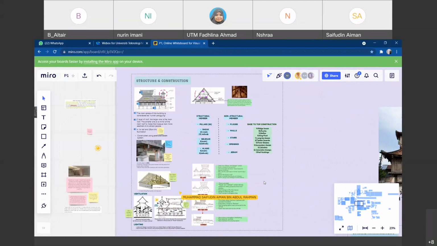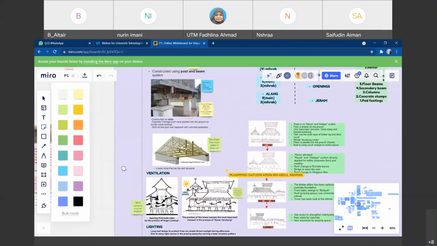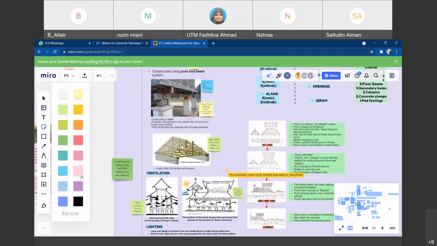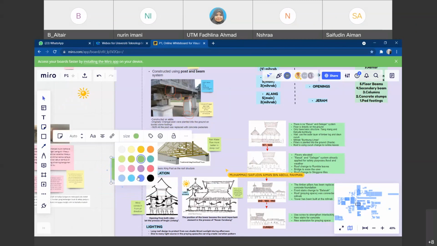For the structure and construction, perhaps Pudin, you can get it from the Kalam measured drawing. For the construction, for instance, what do they do before they construct the house? Is there any what we call the upacara? What is it in English? The ceremony. Okay, the ceremony, the way of living that affects how we do the construction. For instance, before they do the construction, they gather all the communities there. They have the discussion, and then they take all the material from the nearby forest, something like that. Okay, I think those are the things that you are missing